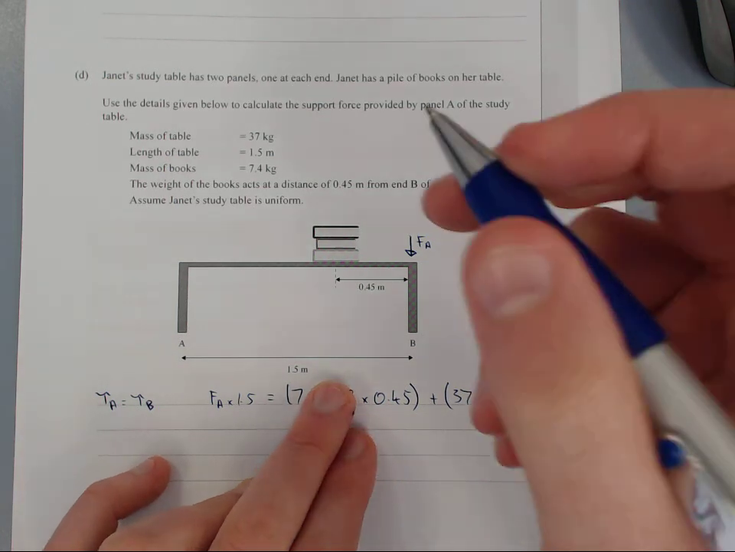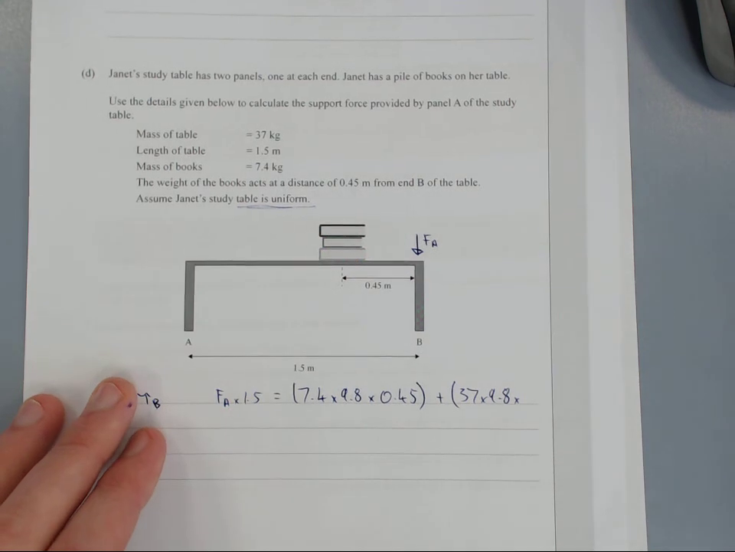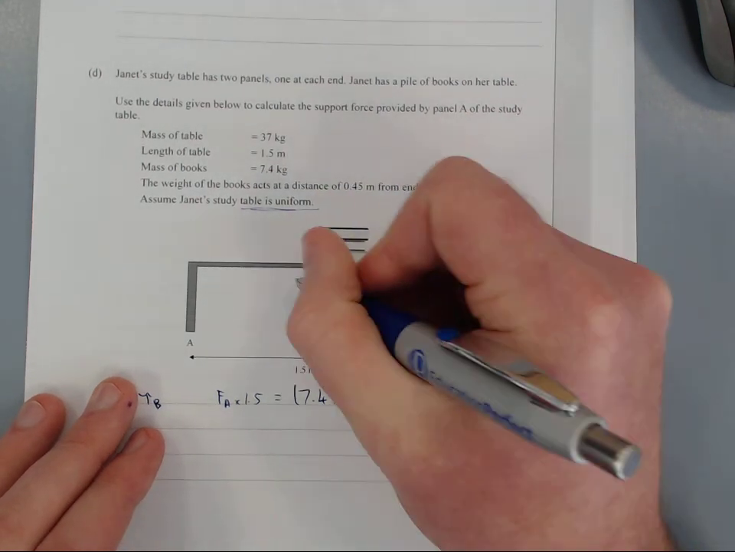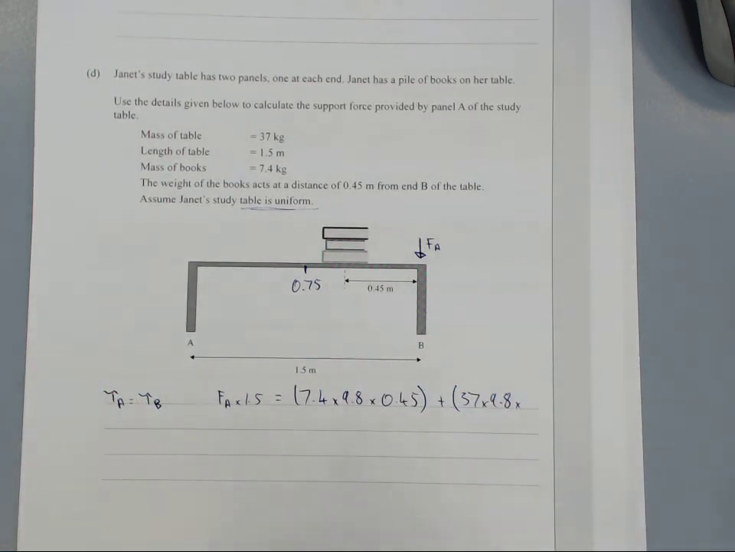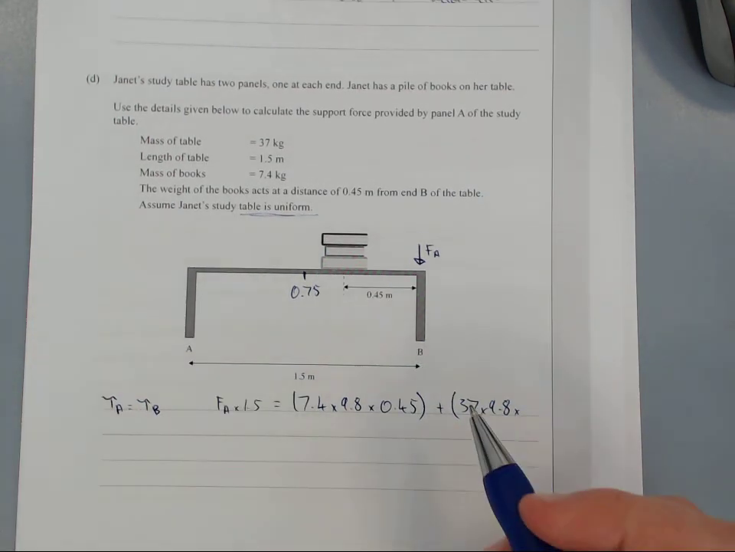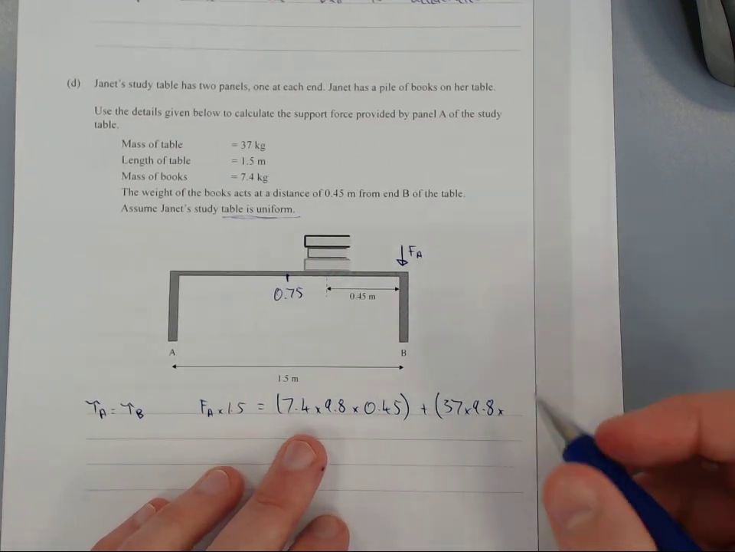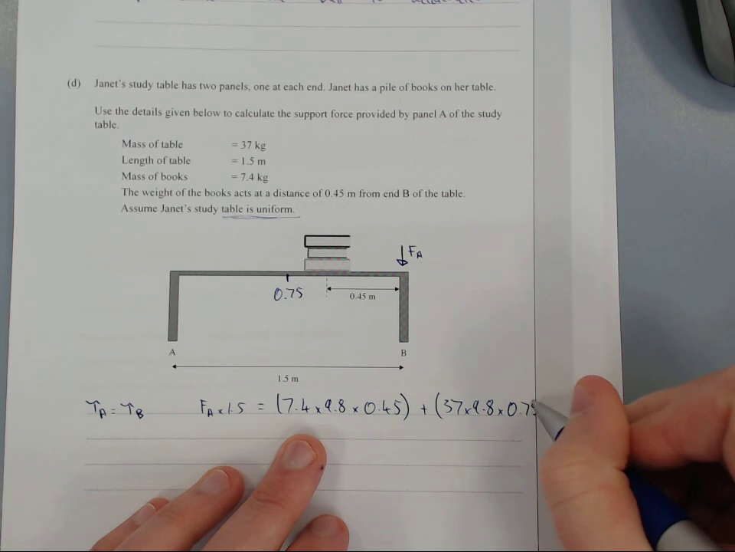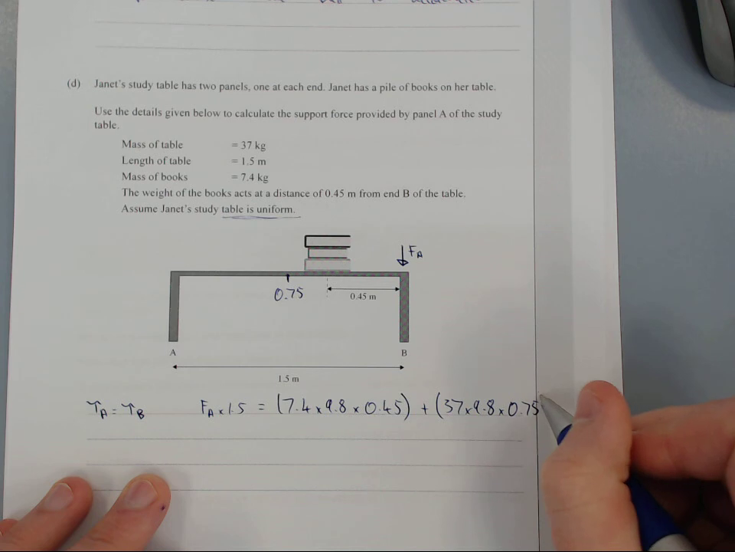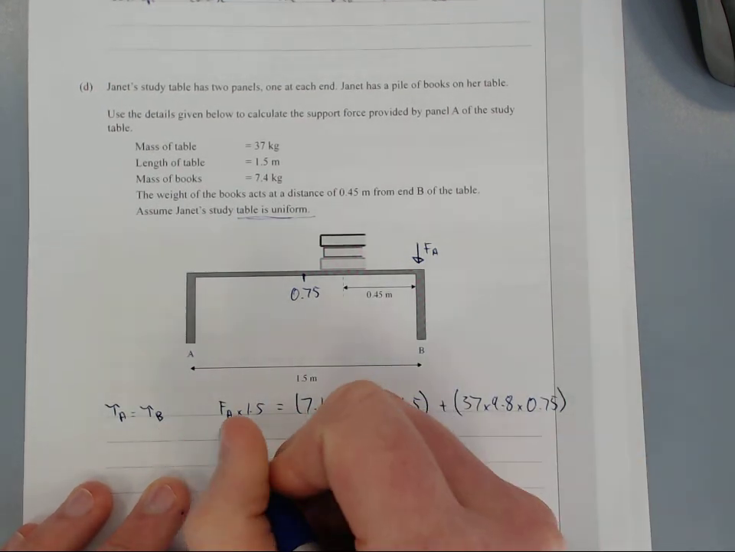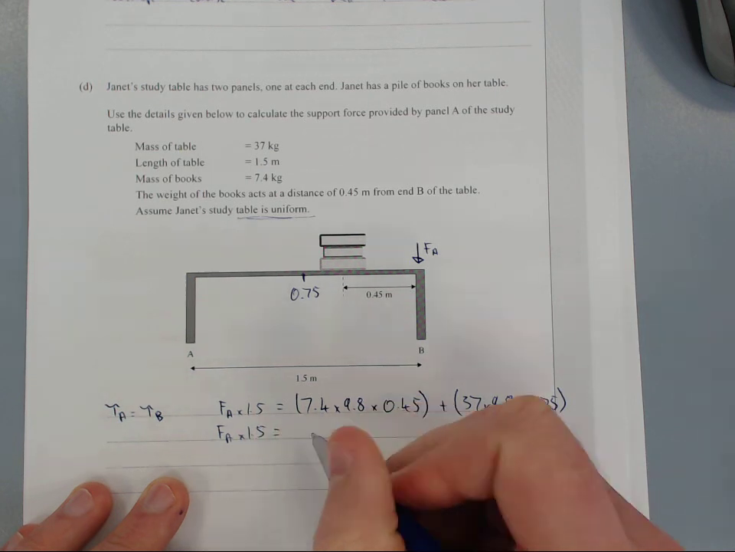Times, now this is where the trick comes in. The table is uniform, so the center of mass is going to be in the middle. So here's our center of mass, 0.75, because it's the same density all the way through. It would be incorrect to say thickness. Times 0.7875, because it acts at the center. Here we go. So that happens to equal force A times 1.5 equal to, once you calculate all this out,